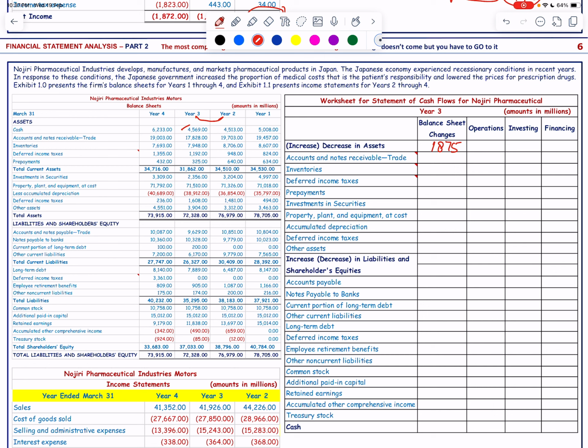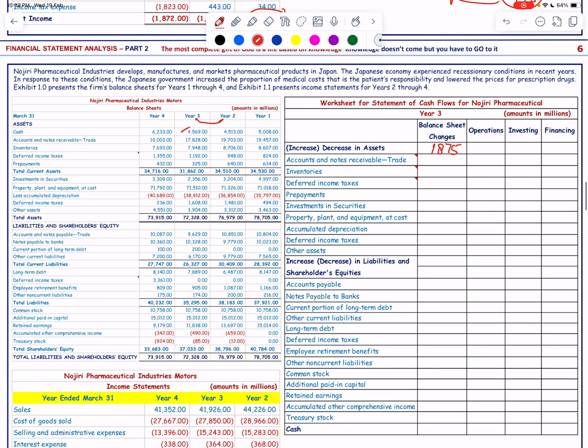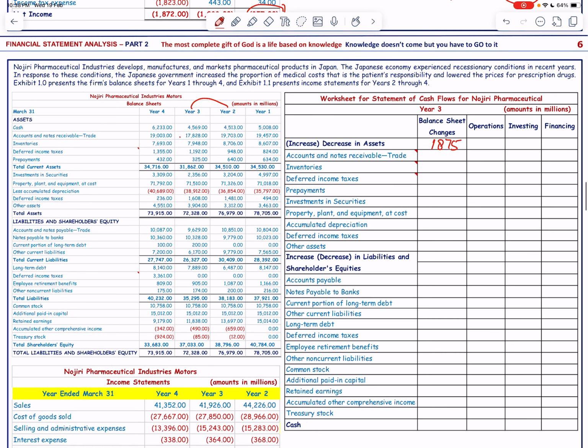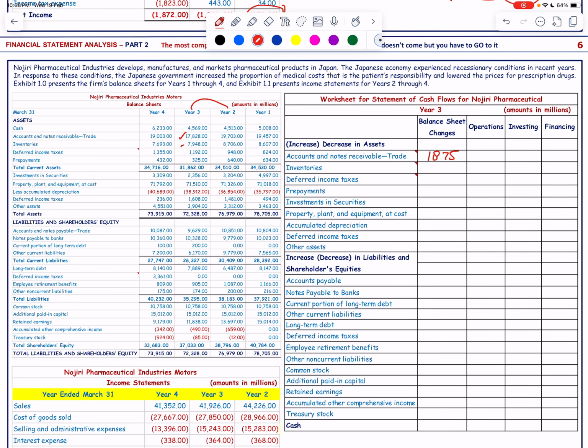Over here, sorry, this is for the 2 and 3, and this is the accounts receivable. You can see there is a decrease, and the decrease in the assets will be recorded without bracket, 1875. Then we have the inventories, and you can see for the inventories again there is a decrease, and the